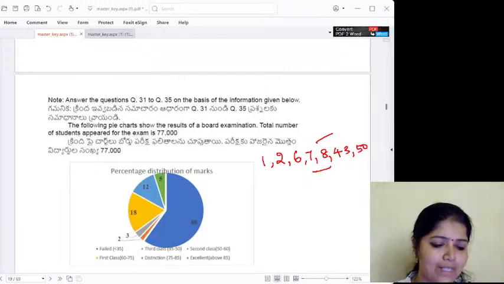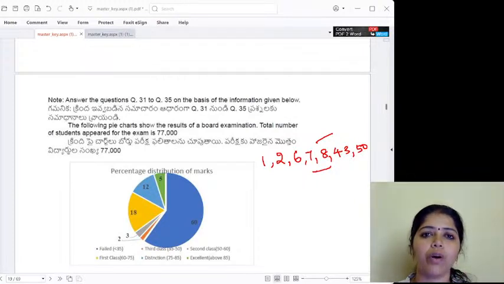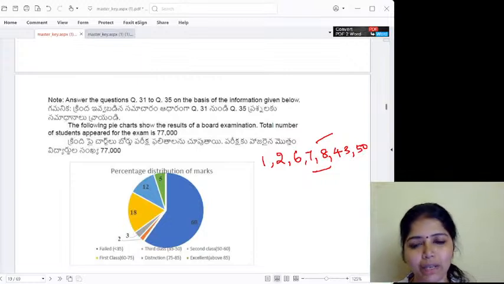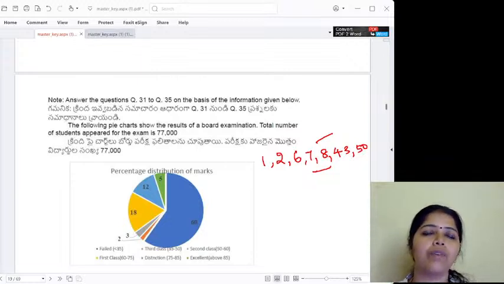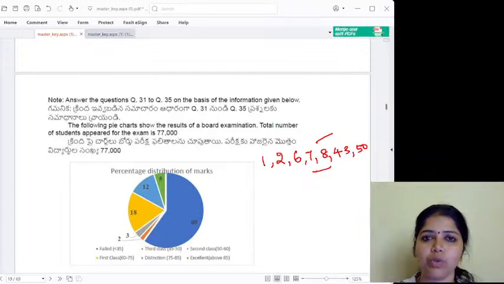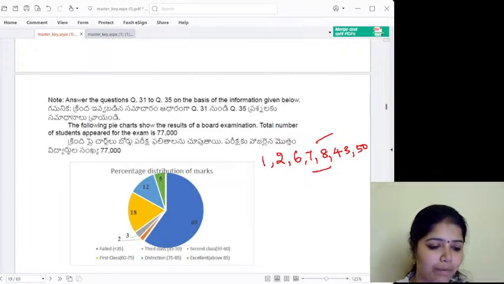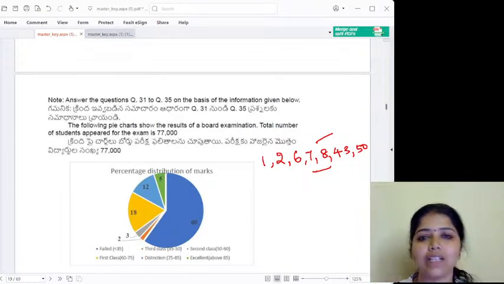Ma'am, how can we find? See, DI and all, we have to solve and send. And for conventional resources and all, we can get it from the standard books, because that will be easy. And for ICT based tools also, we have to go with references, where they mention who has written the book and whether it's an authorized book or not. We have to check everything. If possible, I will check and let you know about those standard books, so that we can challenge.